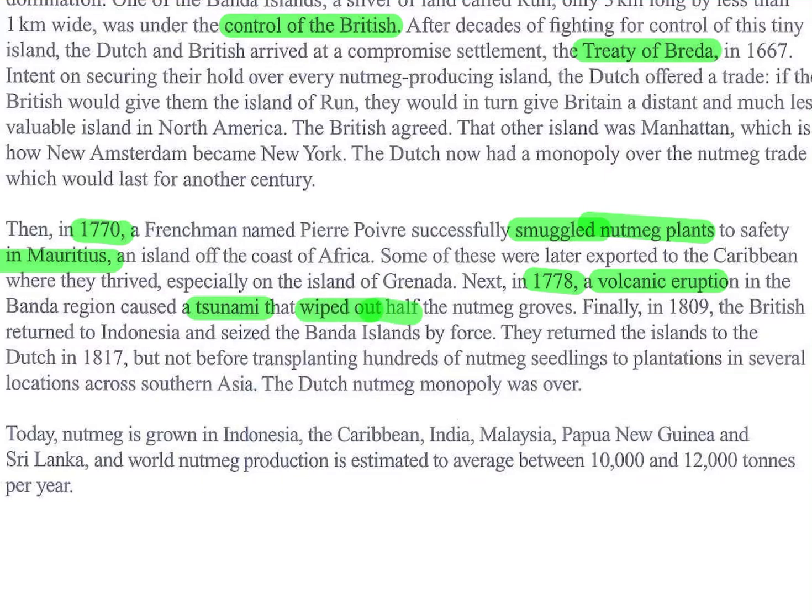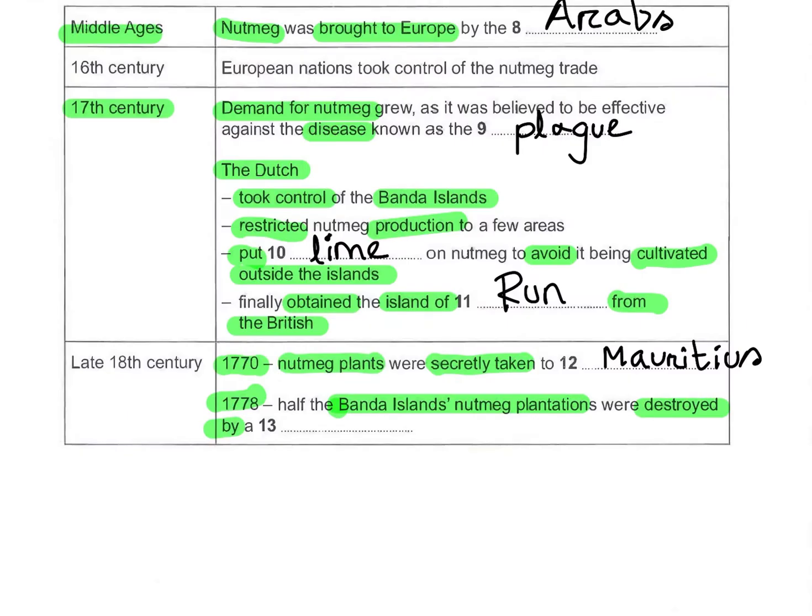Wiped out half the nutmeg groves. So the answer is